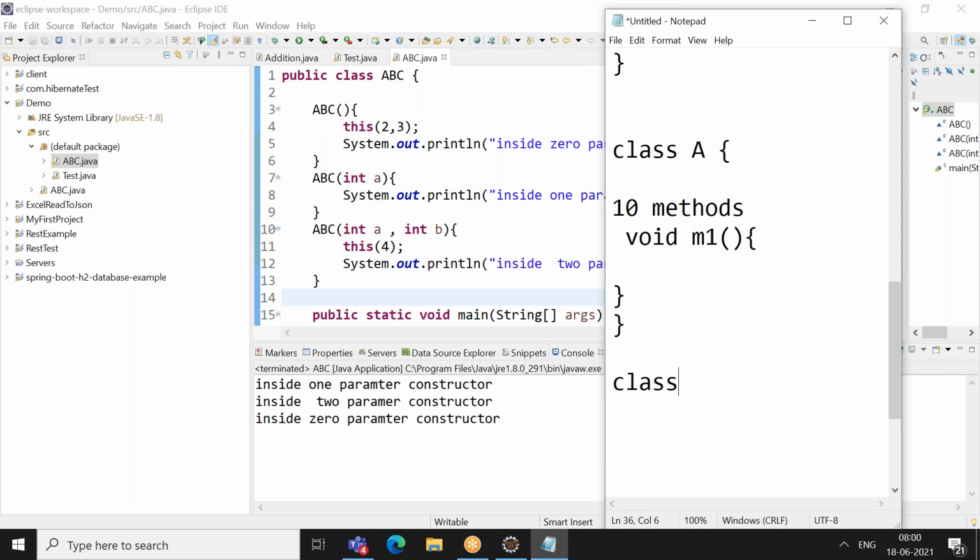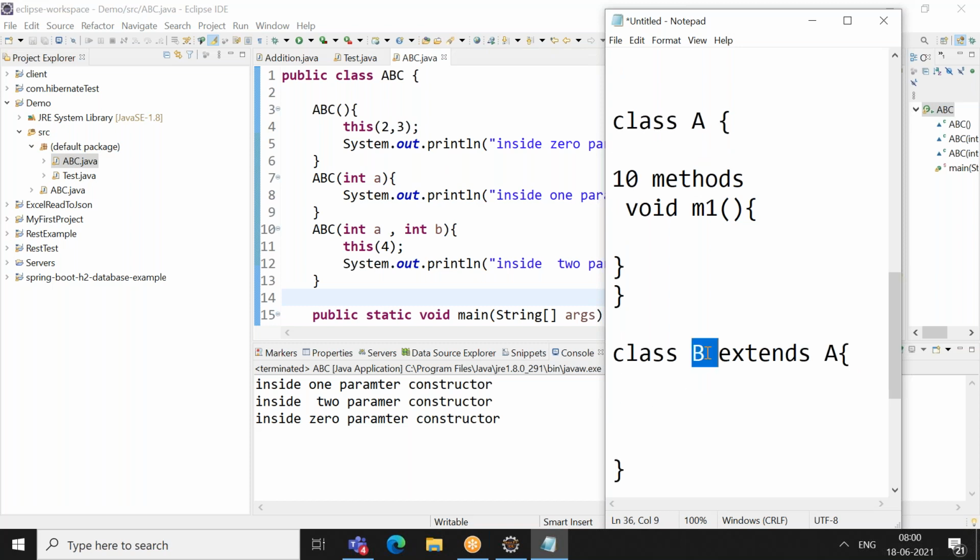So I'll have a class B, and I'll make this a child of A. For that we will use a keyword called extends. So now B is a child of A. A is a parent and B is a child. So extends is a keyword which makes B a child.